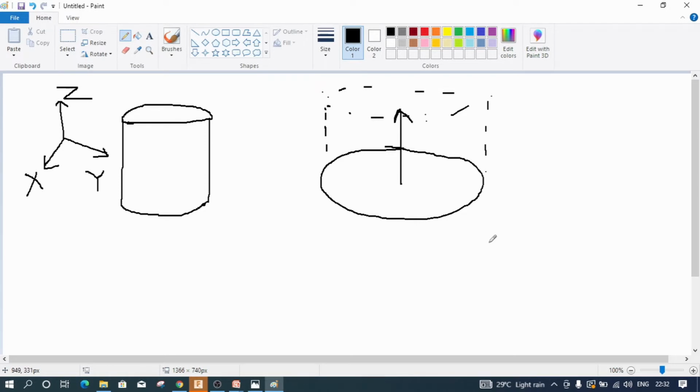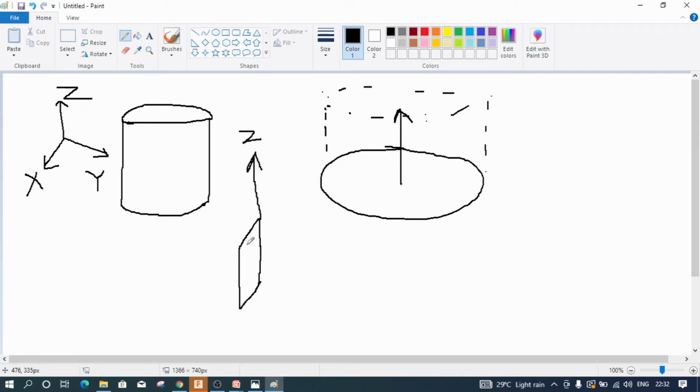That is one approach. Another approach is you draw a rectangle either in the XZ plane or YZ plane. So this one will be your Z axis.